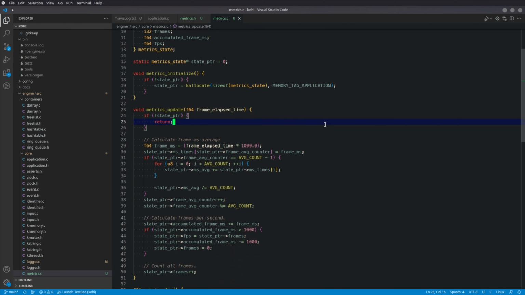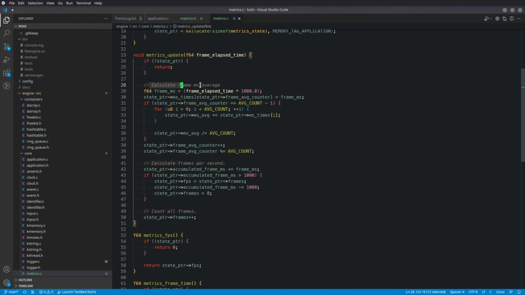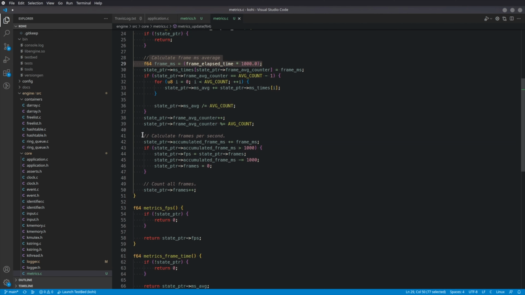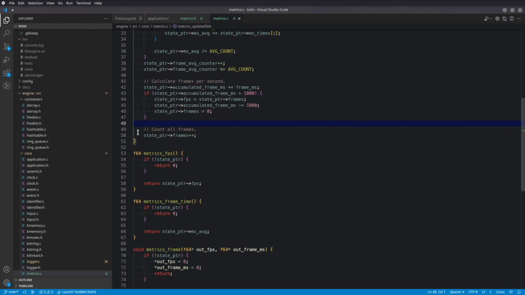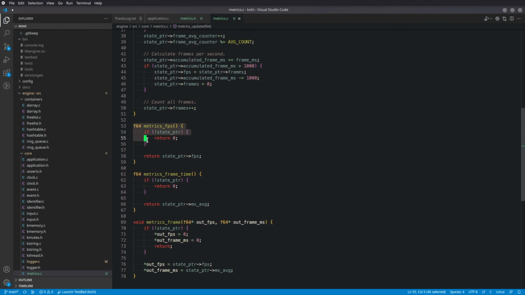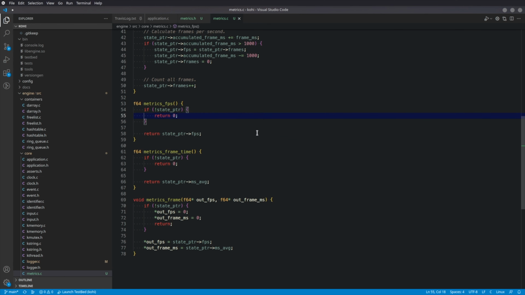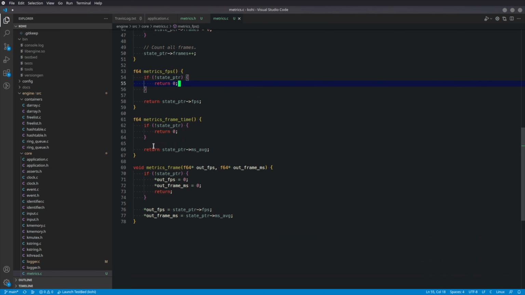Our update, of course, checks to make sure that exists, calculates the average frame time in milliseconds, and then calculates frames per second once we've accumulated 1 second. So basically just every second it updates. And then we have a method to retrieve the FPS. So this just does a quick sanity check to make sure the system's been initialized, returns 0 otherwise. That just keeps us from crashing. The frame time is the same thing. It just does a quick check to keep us from crashing if it's not been initialized,